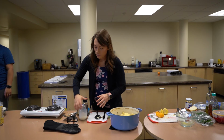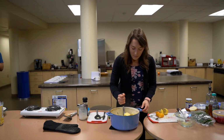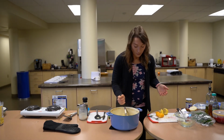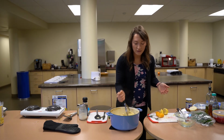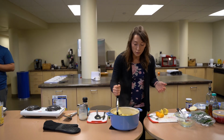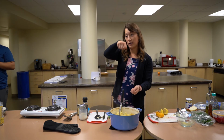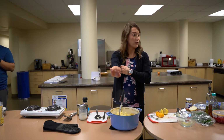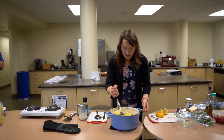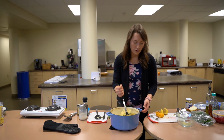And our potato masher, this is again going to be kind of a rustic mash because we still have the peels on there. And there's some cauliflower in there too, and the cauliflower actually is going to provide a lot of texture as well. Now, if you like really smooth mashed potatoes, you can get a potato ricer. I don't know if you guys have ever seen those, but then the little potato comes through and it's really light and fluffy. Sometimes I do that, but it doesn't work great for cauliflower. So I prefer this one to be a little